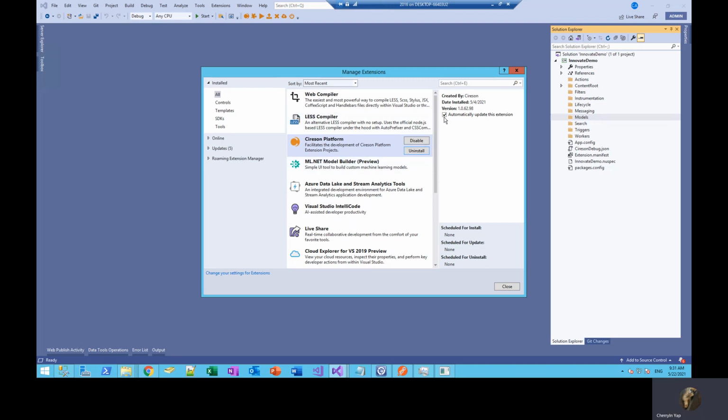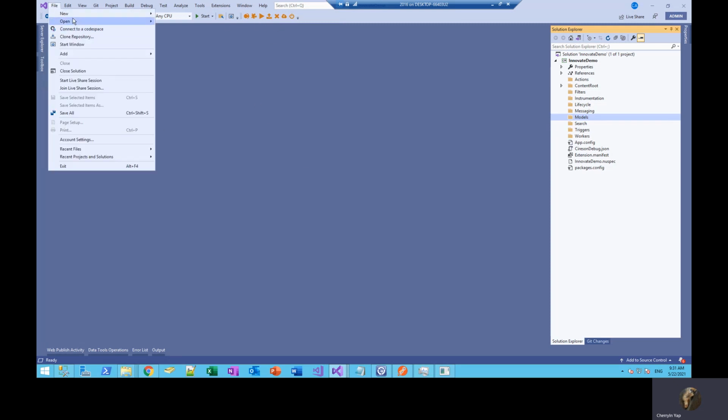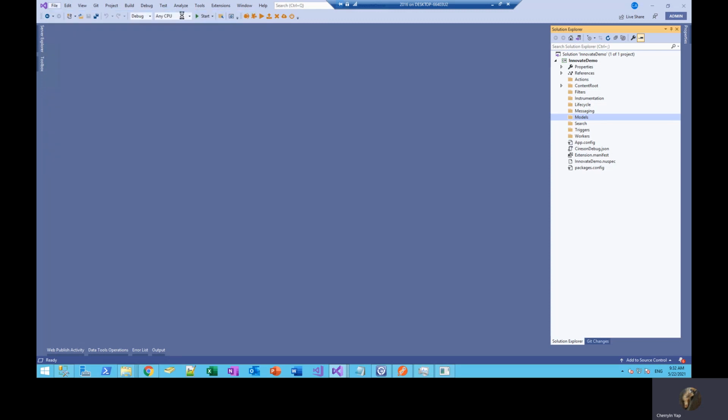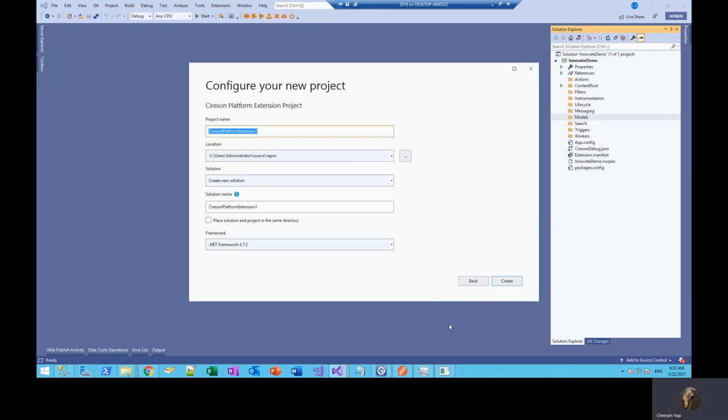So once you have that in, you will have that ability plus tools for development or for debugging during development. To create that project, you simply have to go to the new project page, then specify your project name and all the rest of the items.